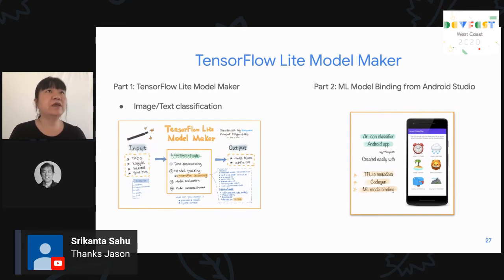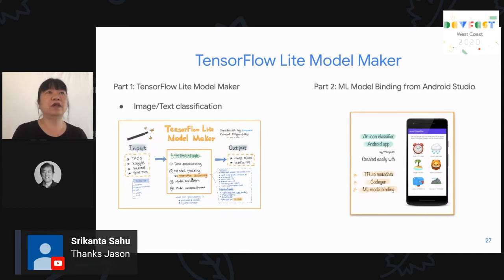But in the real world, when you work on your own machine learning model problems, you may spend a lot of time in the data pre-processing part. So the nice thing about the TensorFlow Lite Model Maker is that you don't have to worry about the data processing part. All you have to do is just point to your folder of images or files that you have, right? So the input can be TFDS, can be Kaggle, can be something you download from the internet, or the pictures of your cat that you took, right? All you have to do is point to those folders, and then just with a few lines of code there,